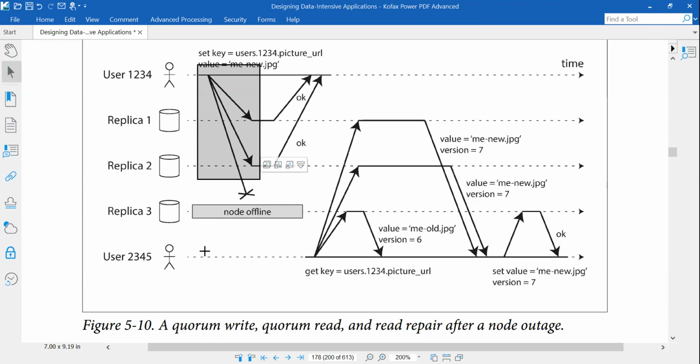It could be possible that you may not understand why it should be n by 2 or greater. So here, if it's greater than n by 2, then at least out of these 3 replicas, if your n is 3, you will wait for at least 2 replicas to reply, and then the write succeeds. Now when you go for a read and want the latest value, if you say you're okay to read from one replica, and unfortunately you end up reading from the replica which did not succeed,